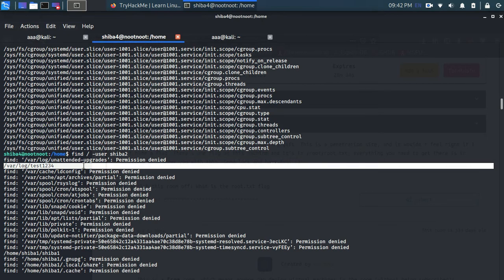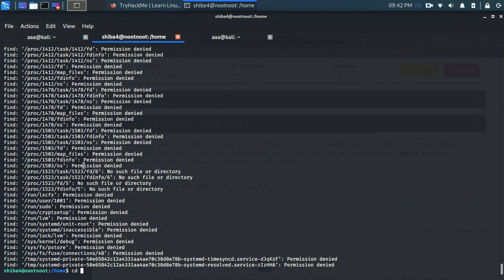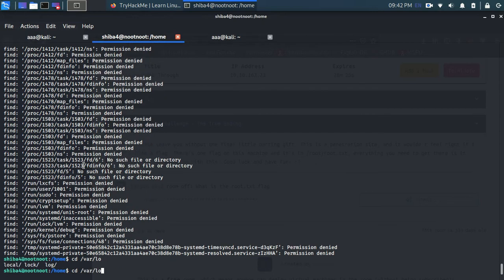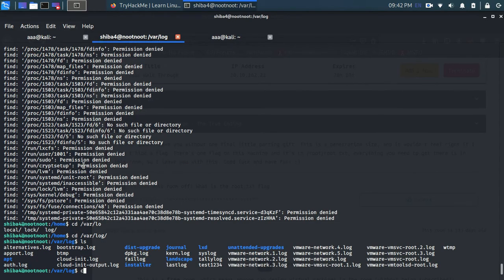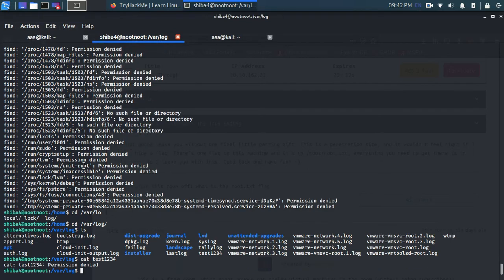Var log test 1234. So cd var log, ls, and let's cat test 1234, and yep, it says permission denied. Maybe because I'm Shiba 4 and it doesn't allow anyone else to access this file except Shiba 2 or root maybe.